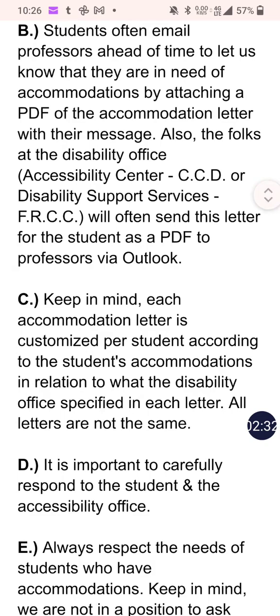We need to keep our eyes out for these letters and respond to them as quickly as possible,